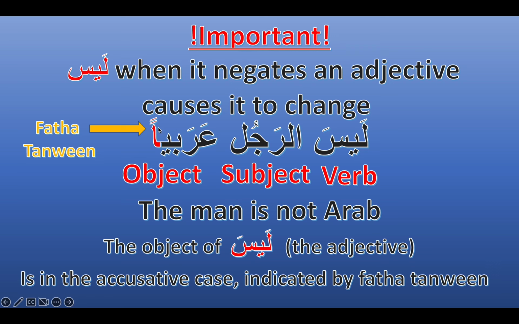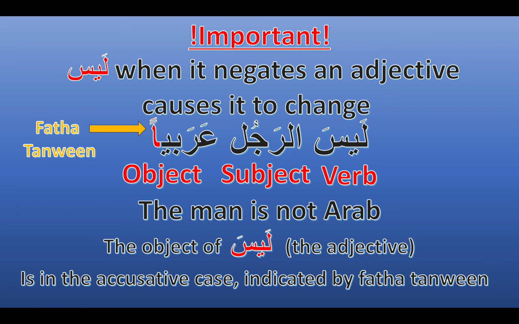Now tanween, they make an sound. So the fatha tanween makes the an sound. The kasra tanween makes the in sound. The dhamma tanween makes the un sound. We don't need to worry about the other tanween for now. Just the fatha tanween, as this is the sign of the accusative case for the masculine singular. This all sounds very abstract, so we'll see a few more examples to properly see this in context and get